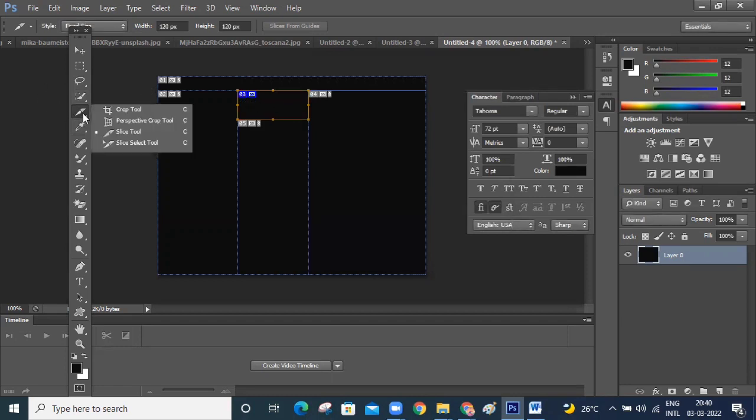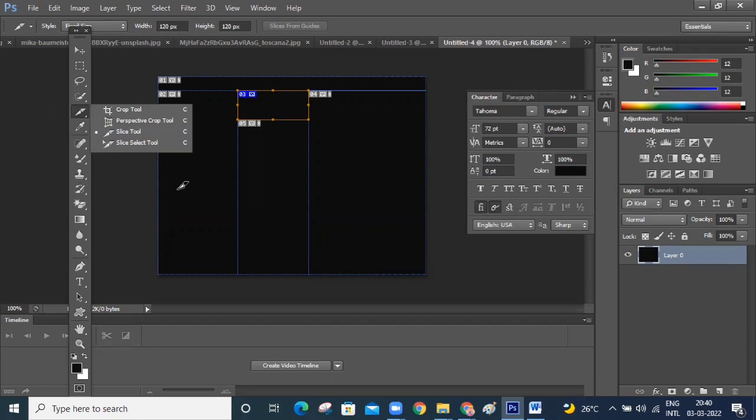And one more option in slice tool, select slice tool. What is the difference between slice tool and select slice tool? In slice tool, if you want to select any slice, you are clicking on control and clicking that, right?